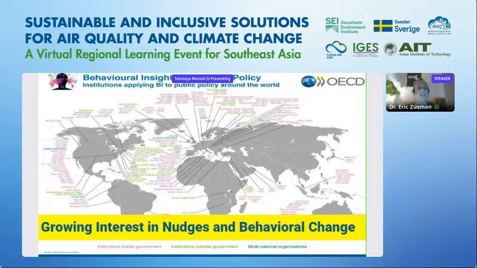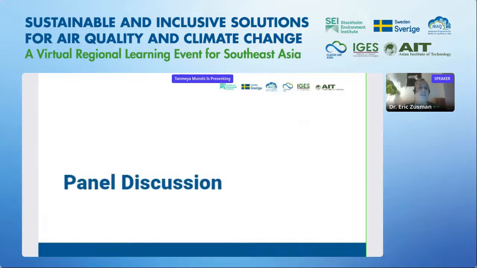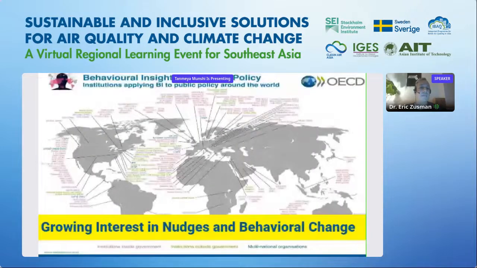The last point I'd like to raise is this: a nudge approach, as I mentioned, started approximately 12 years ago with the publication of this book, or at least that book really put it on the map. But as we can see, it's expanded a great deal, and so you now have governments, research institutes, universities throughout the world that are promoting this approach. And we see this also, for instance, in Asia, where, in Japan, we have our own nudge unit. There's quite a few research institutes in Singapore that are promoting this approach too.